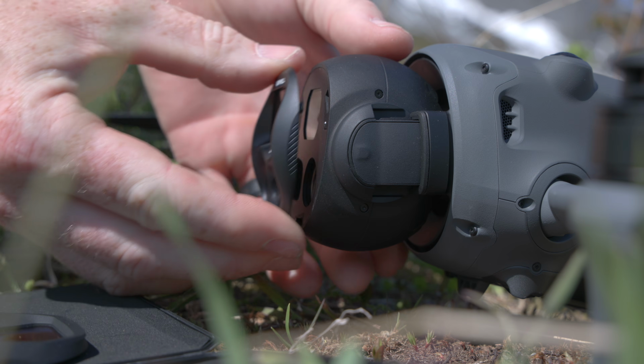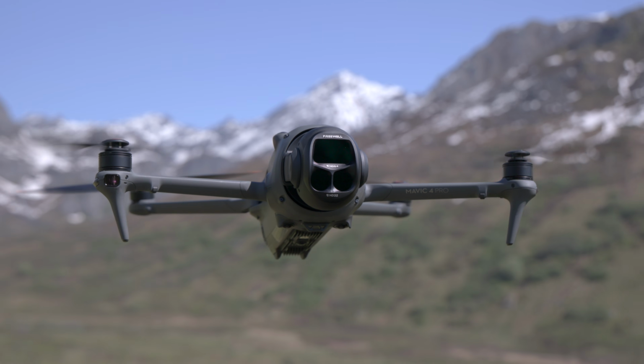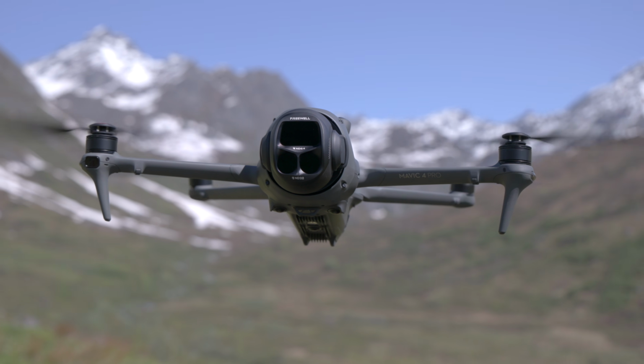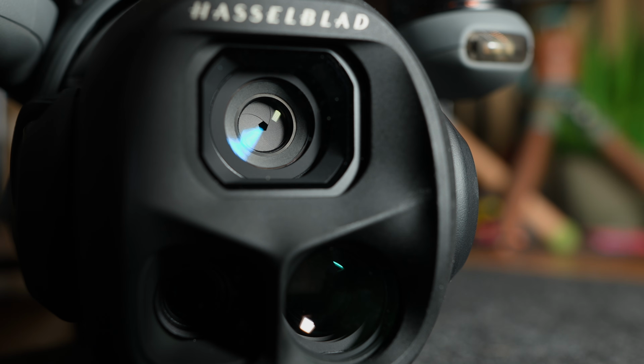So why would you need ND filters? Well, it's all about controlling exposure. Because drones have smaller sensors, smaller cameras, they're flying, you can't do as much about controlling the exposure as you can in a regular camera on the ground. That being said, the Mavic actually has aperture control on the main camera, so you can control the exposure somewhat. But even in some cases there, you can't control it as much as you want to, so that's where ND